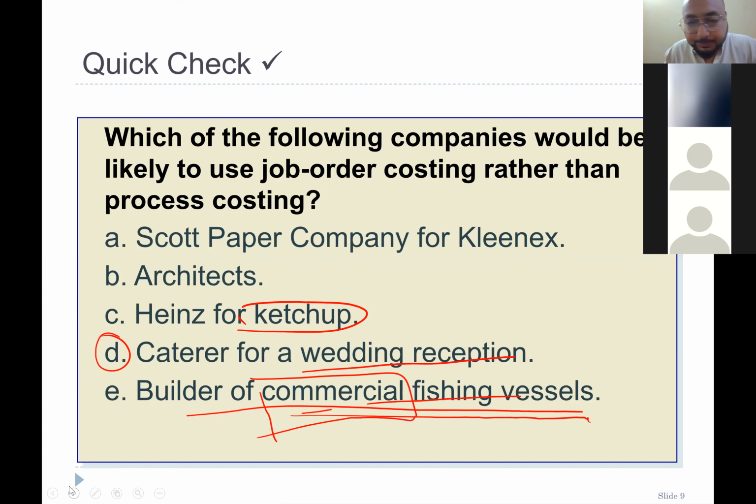Sir, I have a question. Sure. What about car companies, for example BMW or Mercedes? Are they process costing also? They are job order costing because they are making different models: SUVs, electric cars, trucks, different sedans. In that case, they are job order costing. If a company is concentrating on one product, it's process costing. If only one model and one thing, no modification, no other products, then we can say it is process costing. Sir, then if it